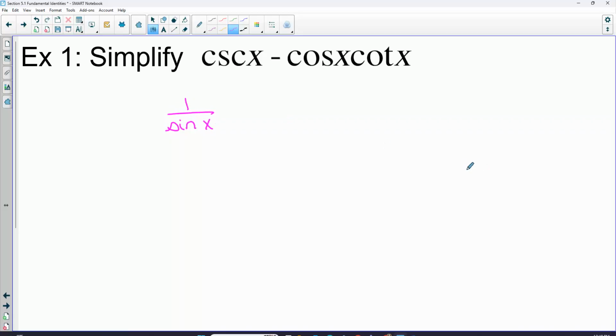Right, and just keep that angle, the x or theta or whatever variable I gave you. Minus, we have a cosine x times a cotangent x. What is cotangent equal to in terms of sine and cosine? Right. So we could have also changed cotangent to 1 divided by tangent, but the suggestion I gave you was just go to sines and cosines. All right, nothing cancels out, but